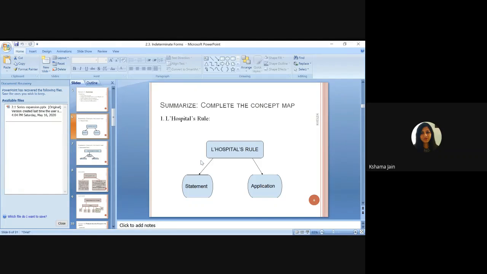Okay. So let's start today with L'Hospital's rule. What does L'Hospital's rule say? See, suppose limit x tends to a. I am saying this because it is not fixed whether it's x tends to 0, x tends to infinity, or x tends to 2. It can be any value. So if limit x tends to a of some function, the function can be f(x) into g(x), or otherwise f(x) divided by g(x). That type of function can be there.